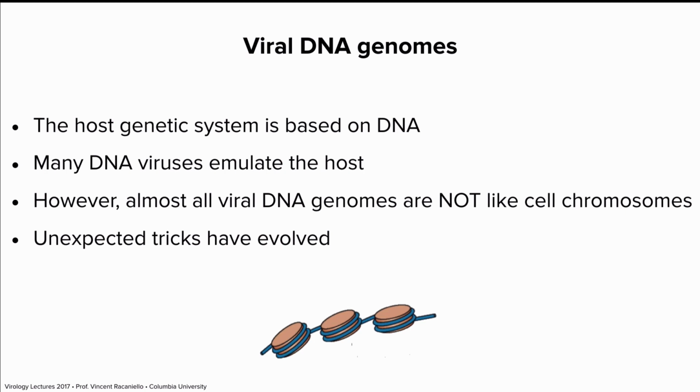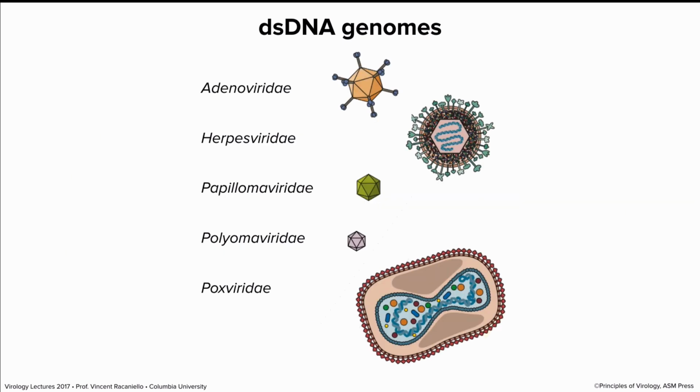So viral DNA genomes do not look like nucleosomes in the virus particle at all, except for one family of viruses. However, when viral DNAs get in the nucleus, which most of them do, they do become chromatinized. They become wrapped in nucleosomes, but in the particle they are not chromatinized. And as we will see as we talk about DNA virus replication, viruses have evolved tricks that are different from what the host does in order to get their DNA replicated preferentially. When you think about it, a virus enters a cell, the cell is replicating. Why should the viral DNA be replicated? It's one molecule coming into a huge chromosomal nucleus. Well, there are tricks that have evolved to allow the virus to do that.